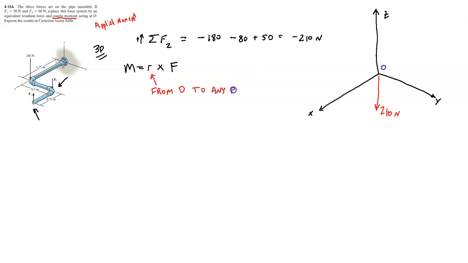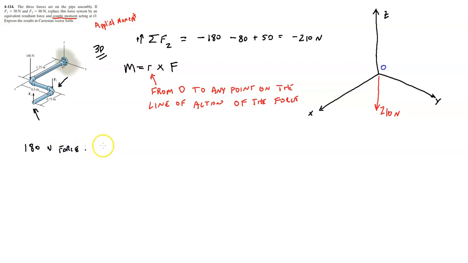any point on the line of action of the force. So in this case, it's very simple because you're going to go from O straight to the force, and the line of action of the force goes right through the pipe. And so the pipe has those dimensions. It's going to be pretty simple, all right? So let's take a look at, we have three different forces here. So first we'll look at the 180 Newton force,